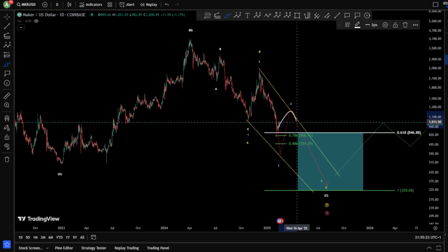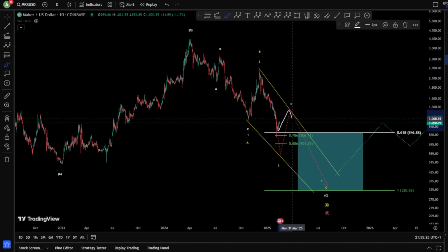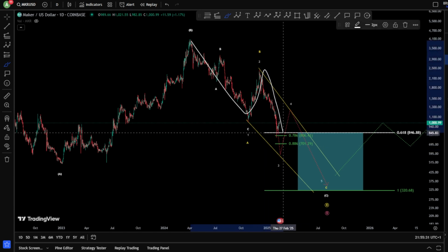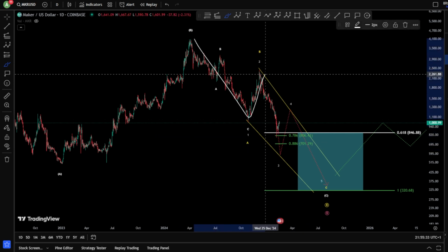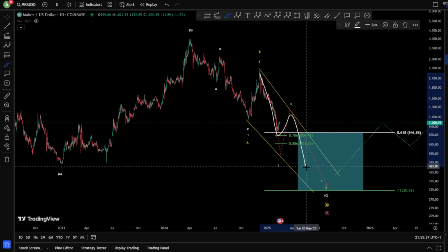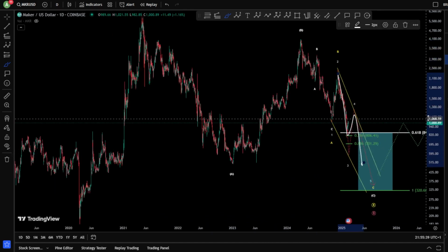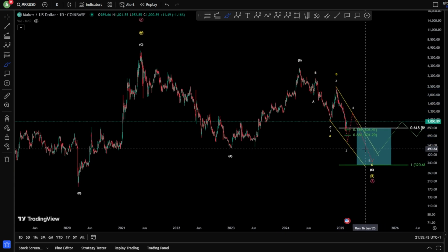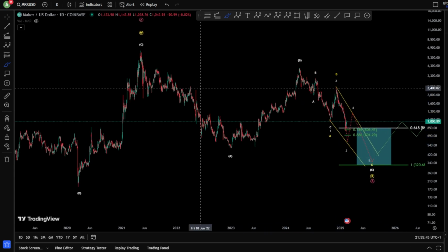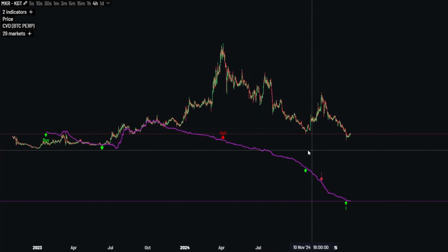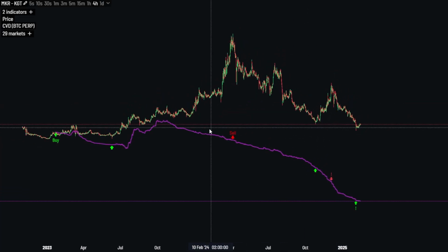However, it can rotate a little bit more. I believe that it still has one wave towards the downside at least, in case we are in a zigzag. In case we are in more than a zigzag, it can be a longer wave toward the downside, which is a wave 5 in a contracting diagonal. Very nice. Now, if we take a look at MKR on the 4-hour chart,